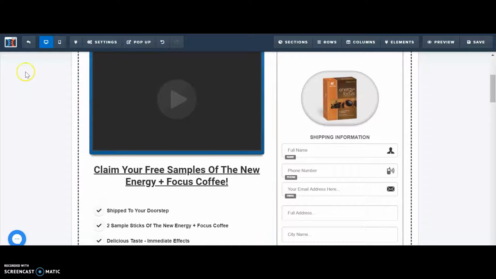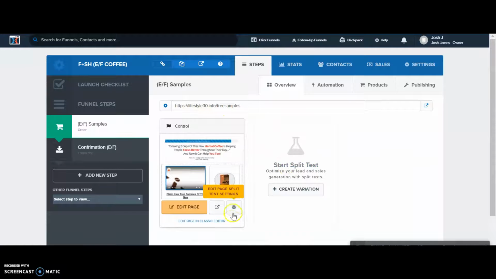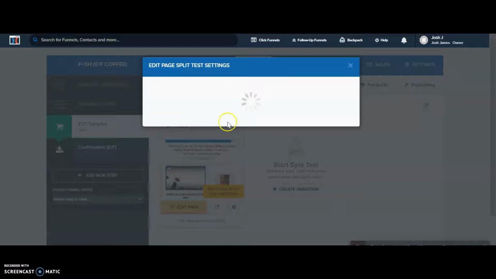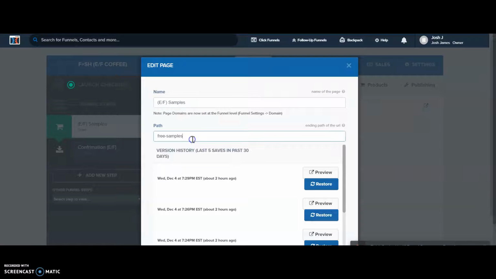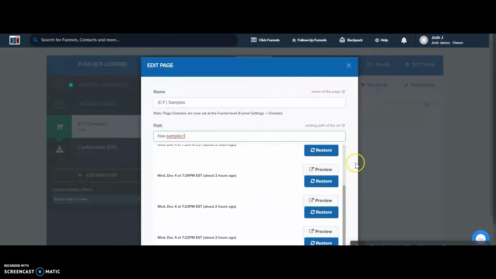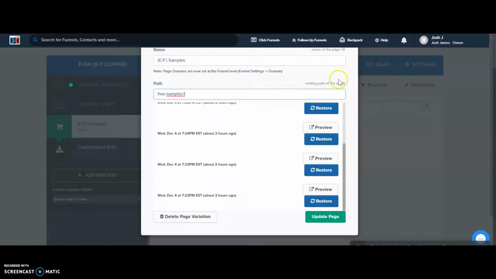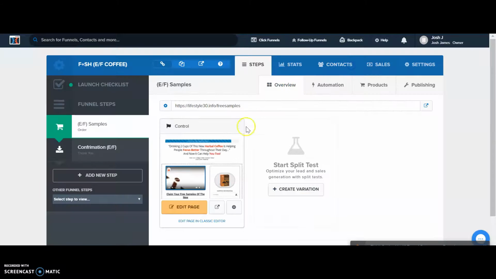But before we do the custom code as well, trying to find a way to avoid removing your custom code. So click on this get icon here and just put a 1 in front of this free samples, scroll down, click on update page, and if that doesn't work, then definitely we need to